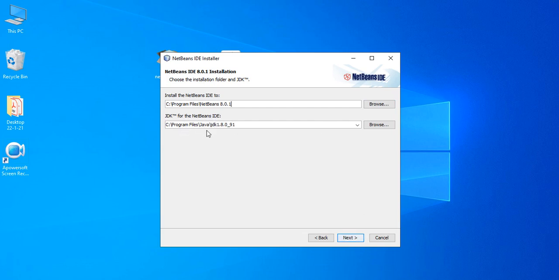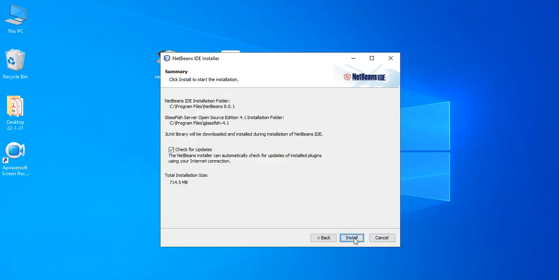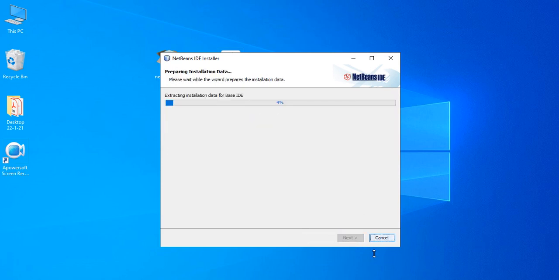My JDK was installed in Program Files, and under that there is one folder which is Java. You need to make sure that this path is correct, otherwise you will not be able to run NetBeans. Click on next, again next, and install it. As I said, this setup is a little bit longer, so it will take more time compared to JDK.